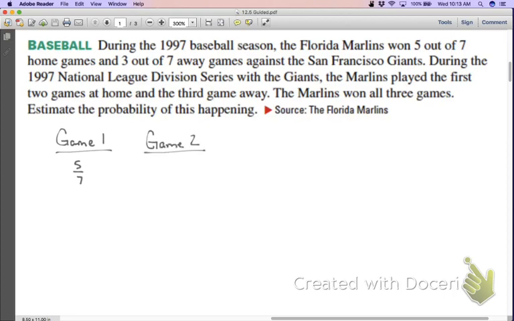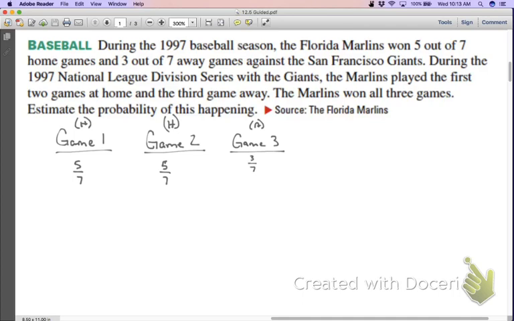For game 2, which is also at home, what's the chance of them winning? 5 out of 7. Then for game 3, which is away, what's the chance of them winning away? 3 out of 7, right? So what am I going to do with 5 out of 7, 5 out of 7, and 3 out of